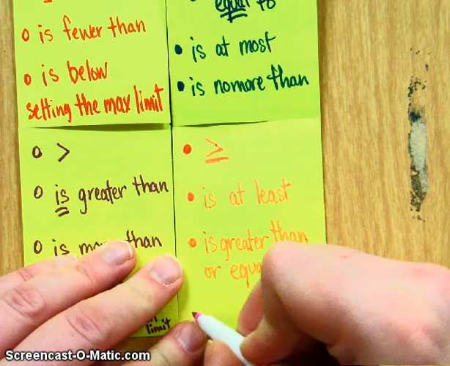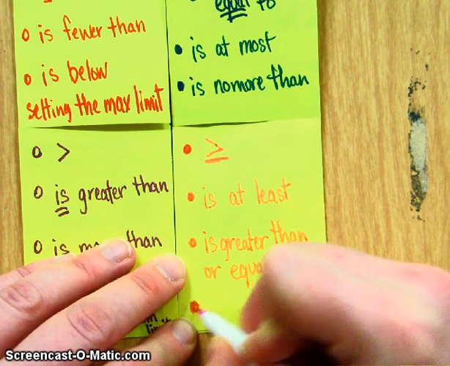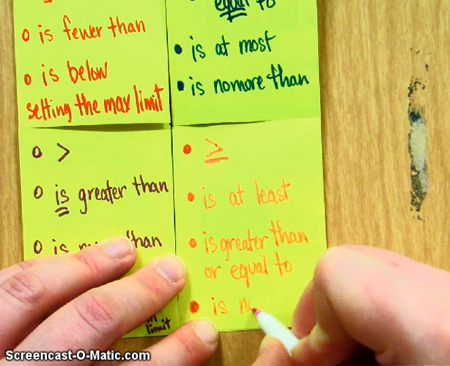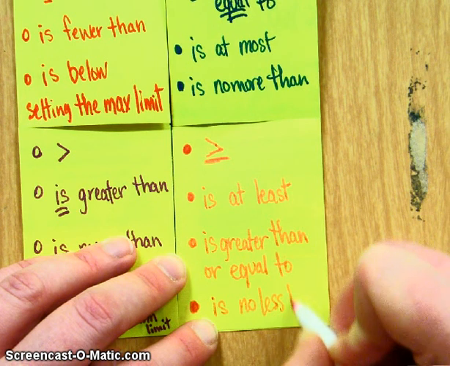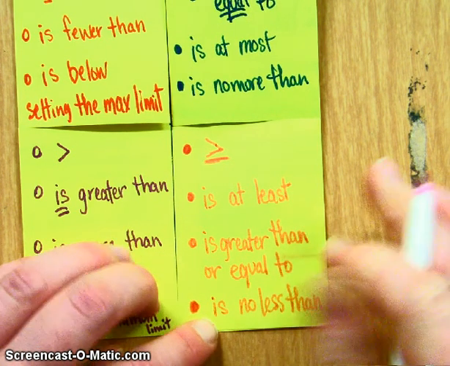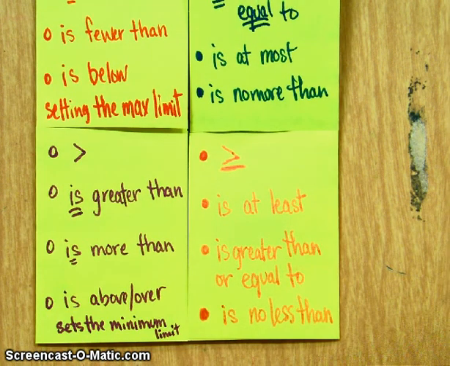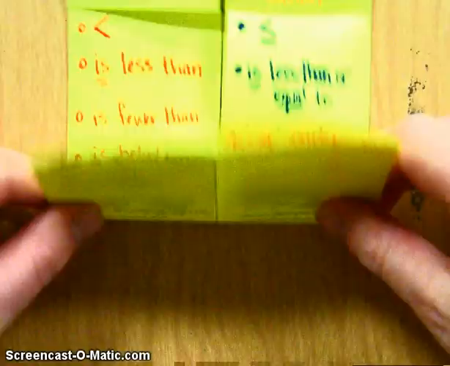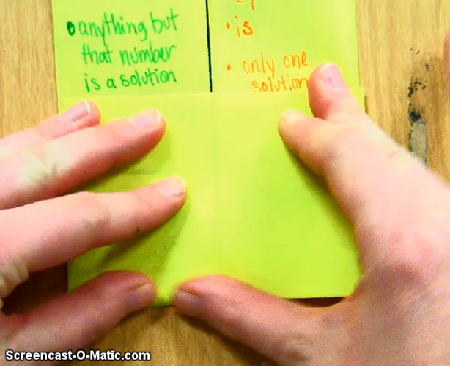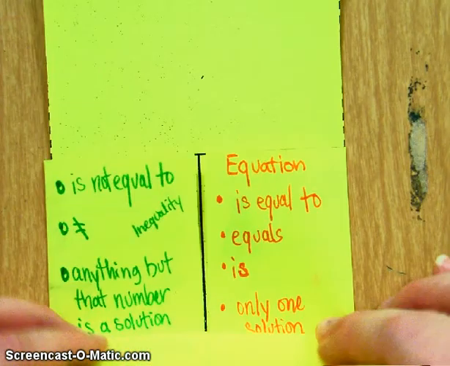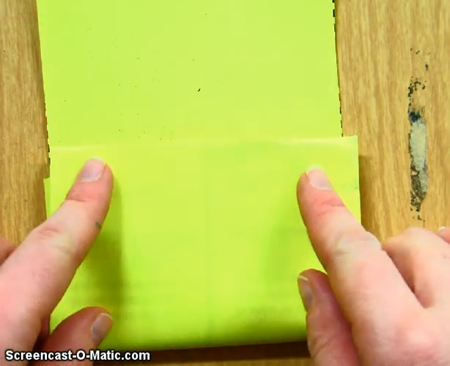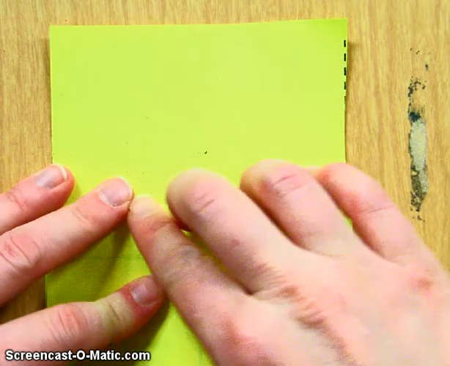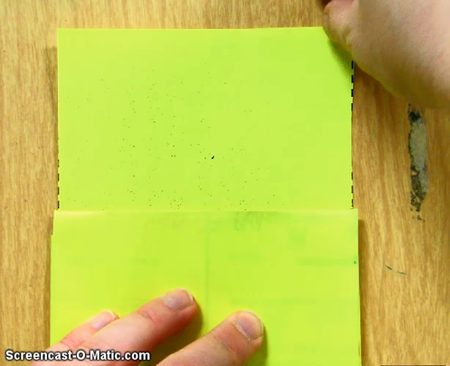Is no less than. And again, setting that minimum limit. You take this, fold it here. Fold again. This fold